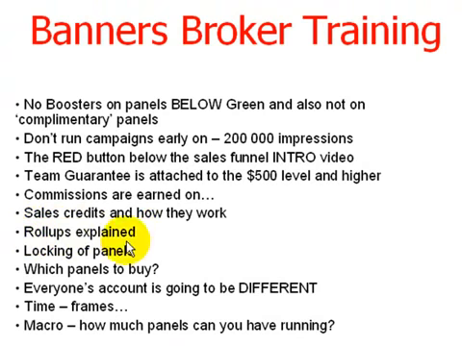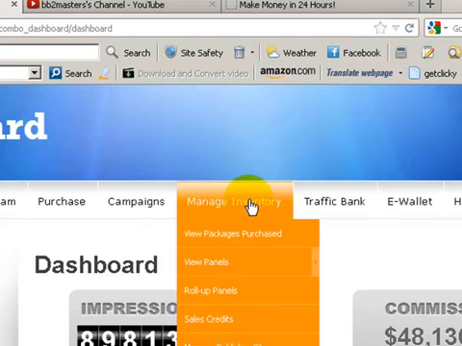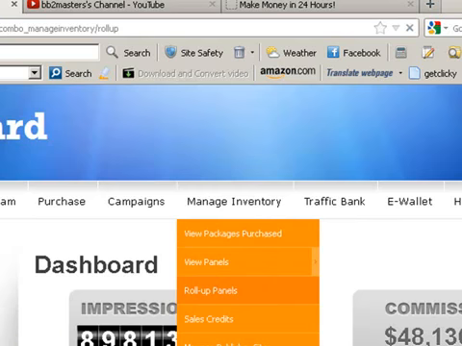Where can you find them? Let's jump back to the membership area and let me show you that quickly. Alright guys, all you need to do is keep your mouse on manage inventory and come down to roll-ups and simply enter there. Let's go in there, click on roll-ups,